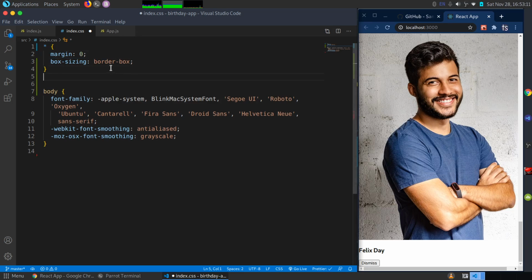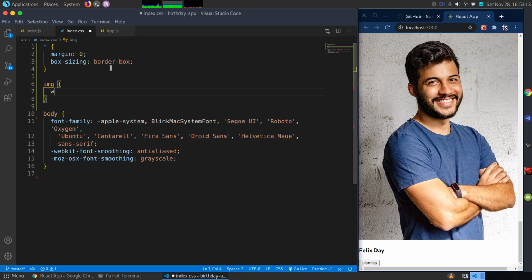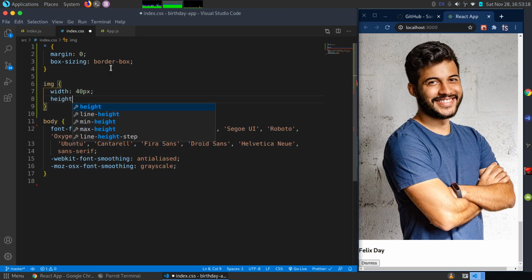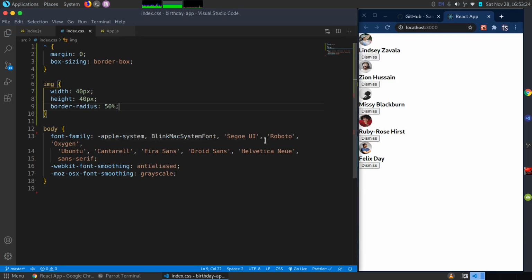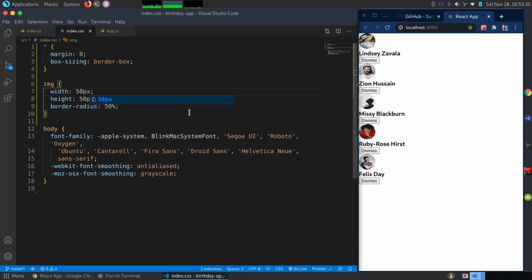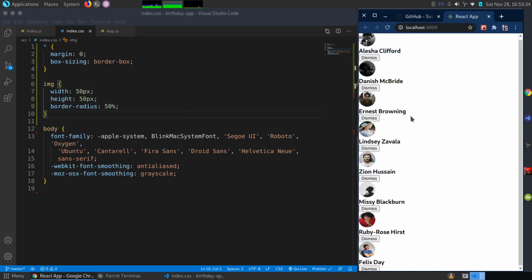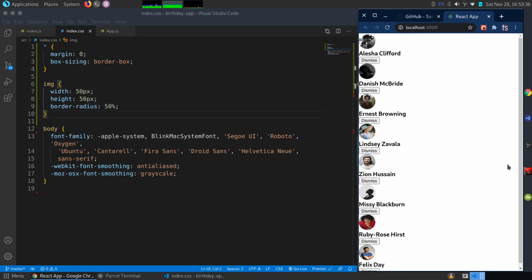And then I'm going to say for the images, let them have a width of 40 pixels and a height of 40 pixels and a border radius of 50%, so that they're rounded like so. That's too small. I'm going to say 50 pixels. That's better. Let me just reload so that everything is there like so. And you can see much better that